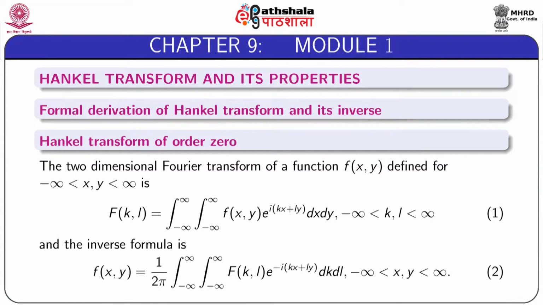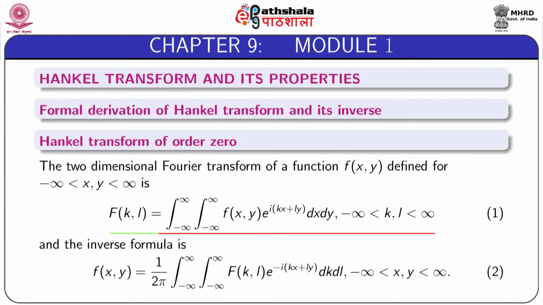In this module we shall first derive Hankel transform of order 0. As we have seen in previous chapters, Hankel transform is also derivable from Fourier transform. So, Fourier transform is the mother transform. The two-dimensional Fourier transform of a function f(x,y) defined for minus infinity less than x and y less than plus infinity is